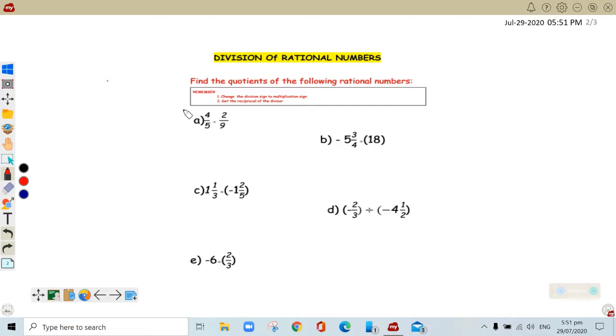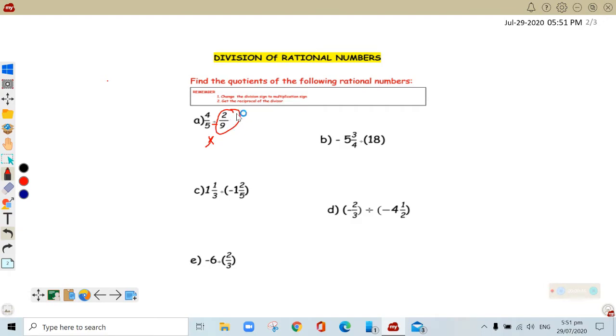So let's take a look at this example. Let's say we have 4/5 divided by 2/9. So firstly, we need to change this division sign here to multiplication. Okay? Then next, we're going to get the reciprocal of